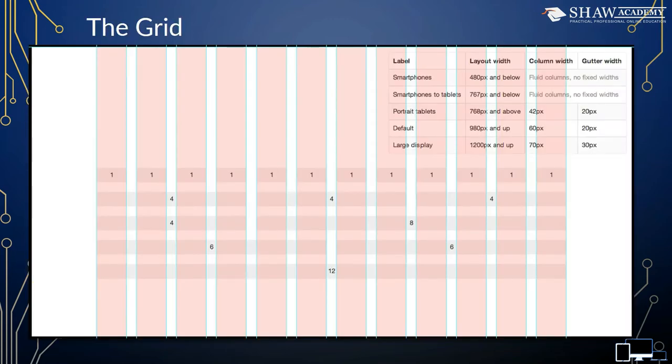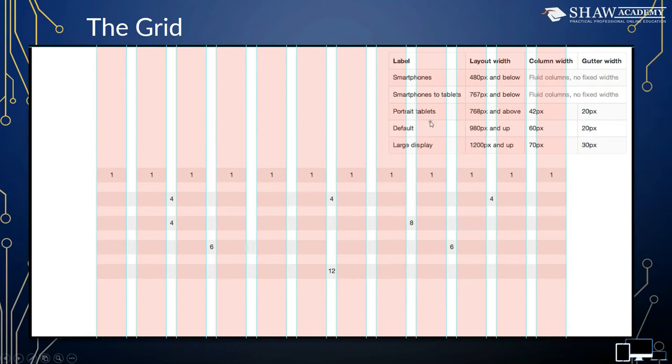So this is basically how the grid is laid out. You've got 12 columns. Yeah, so 1, 2, 3, 4, 5, 6, 7, 8, 9, 10, 11, 12. And they span the full width of the page, or else they span within the container. It will make more sense when we actually start seeing it. And you can see these are the default media queries that Bootstrap is using. Yeah, so Bootstrap has basically just provided you with all the media queries that you don't have to type. They've already figured out